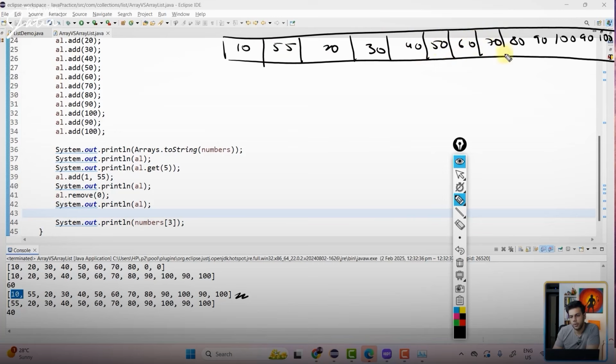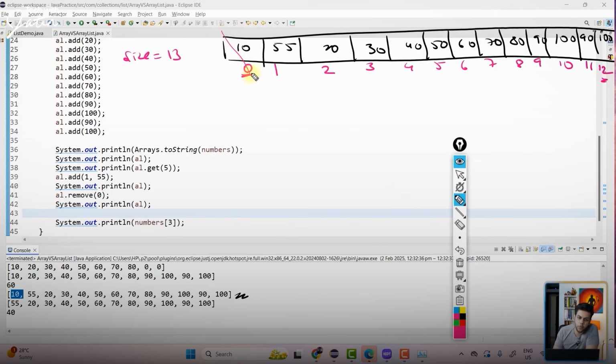Over here, this is on the 0th index, 1 index, 2, 3, 4, 5, 6, 7, 8, 9, 10, 11, 12. Size of your array list is 13. 0 to 12, na? 13.